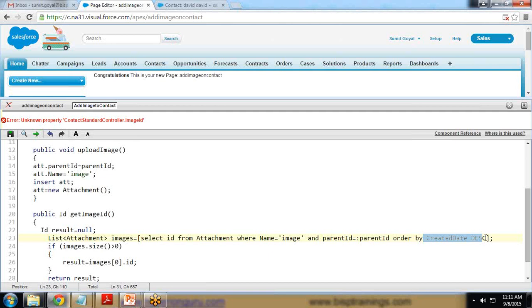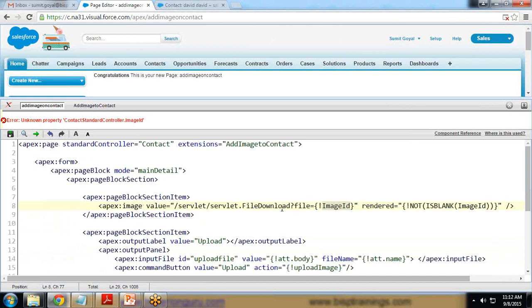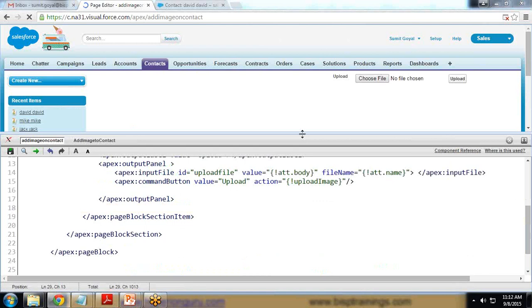Like in our profiles, like in Facebook profiles, whenever we upload any new image, the existing image is not removed from the database, it remains in the database. Only the recently uploaded or recently updated image will appear. In the same manner it will get the recently uploaded image and set that image as the profile image, and if the size is greater than 0, it will return the result, and this will be returned to this particular page. And now when we save and test it,